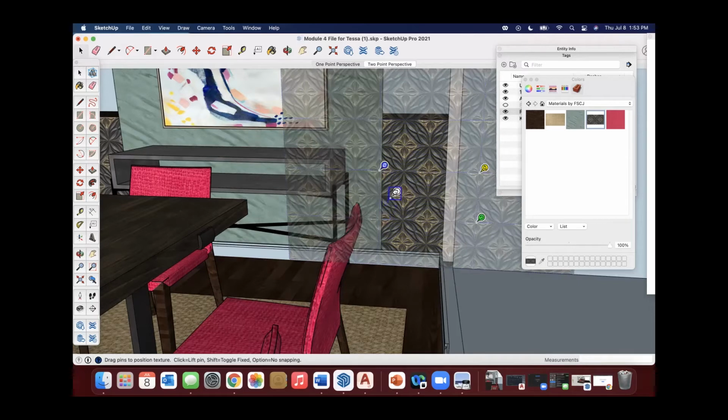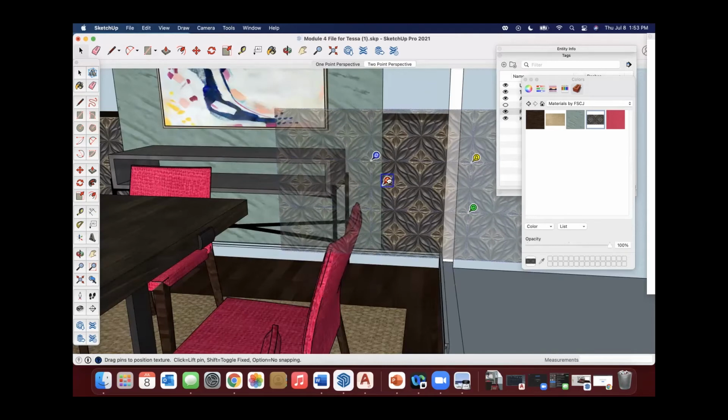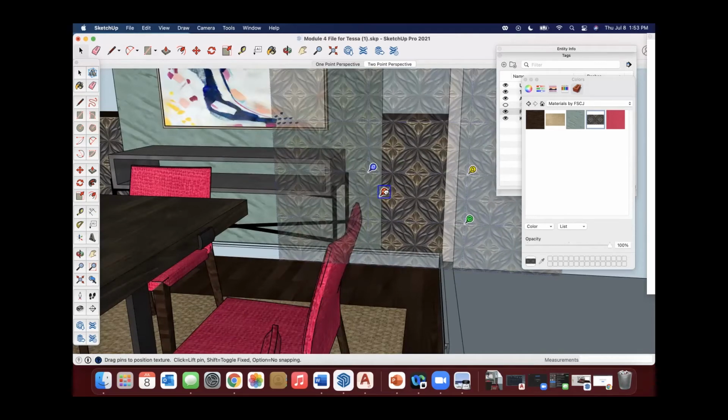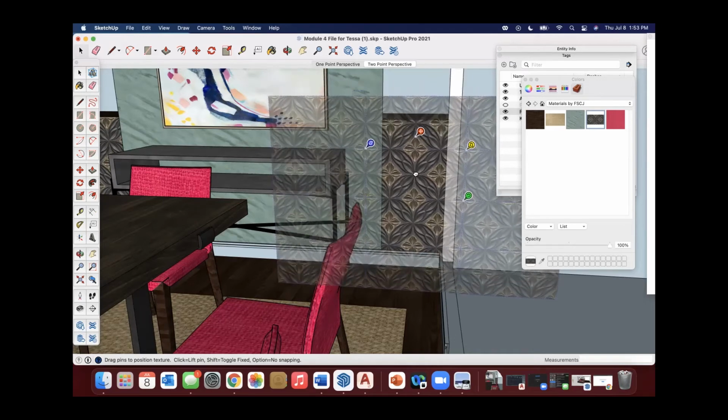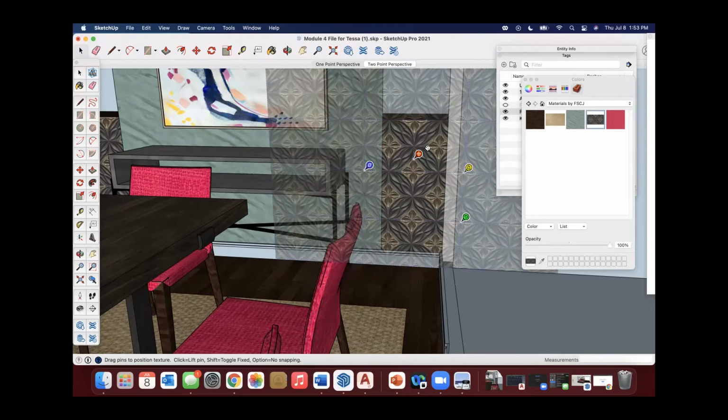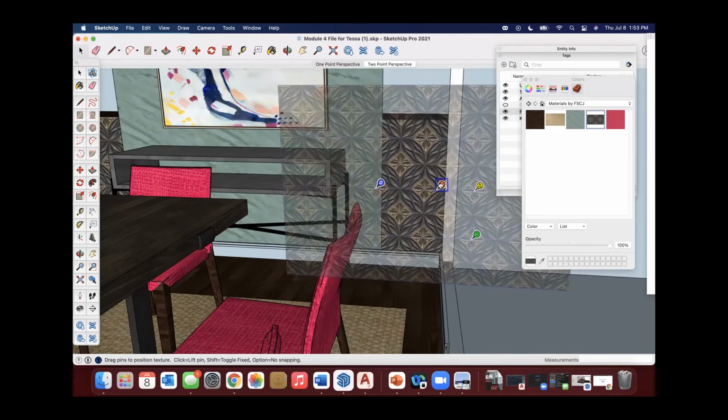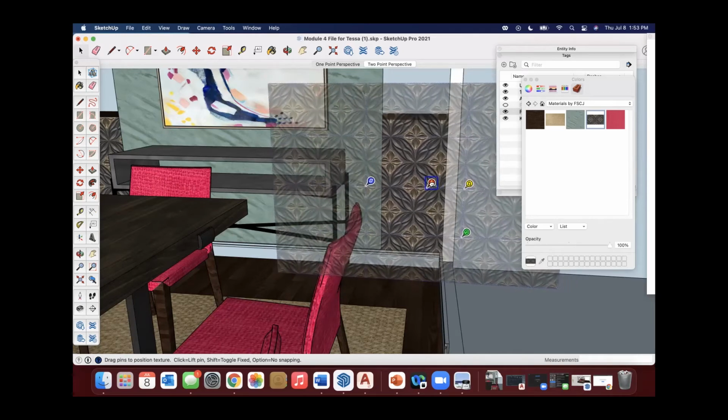Again, I can click on that to move it right here, get this more in line. Or if I wanted to, I could click this one, find the midpoint, so now I know it's on the center of this. Then I can go here and pick it on the side and get that positioned right there in the center.